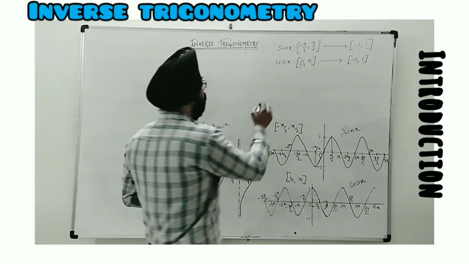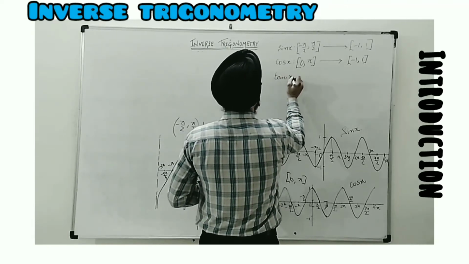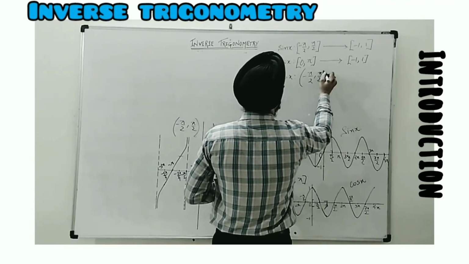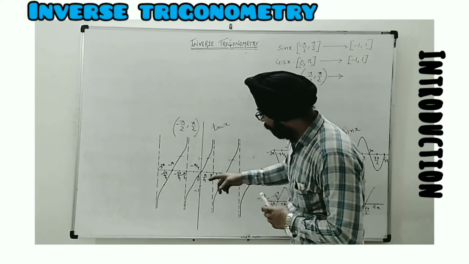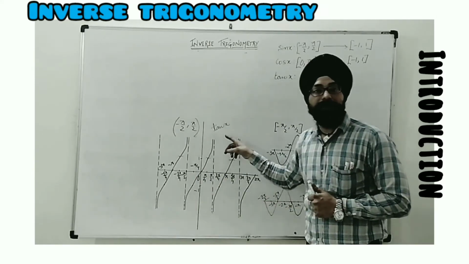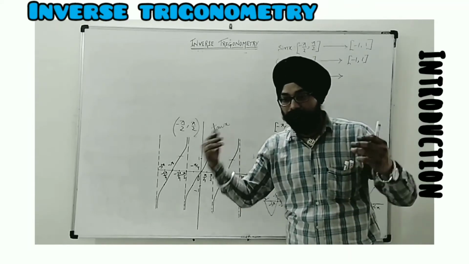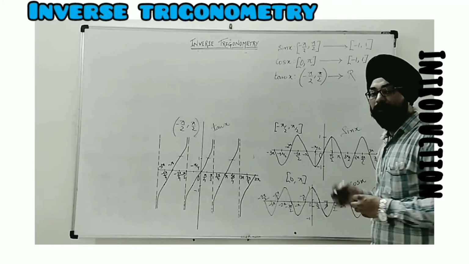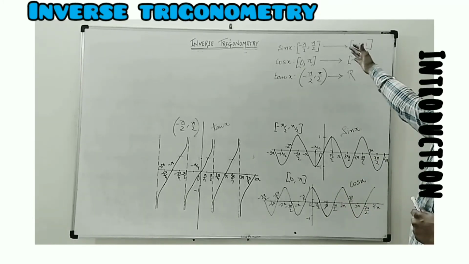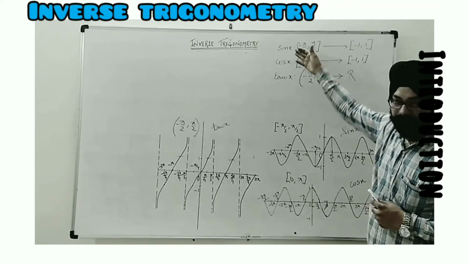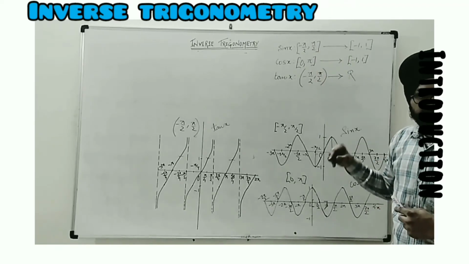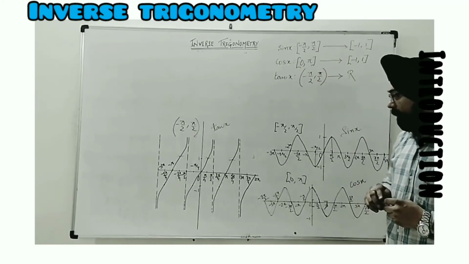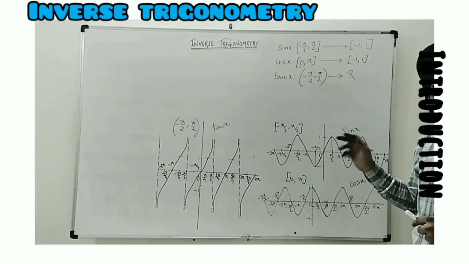For tan x, we write the domain as minus pi by 2 to pi by 2, and as it takes all the numbers from minus infinity to infinity as images, these numbers are known as real numbers and are denoted as capital R. Okay, so this becomes the principal domain for these functions. In this situation, they are invertible. Now we can define their inverse form. But before that, we will see what about the other three functions.